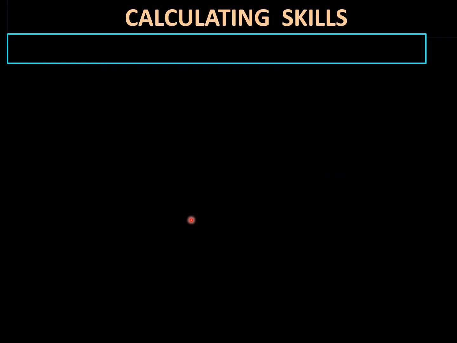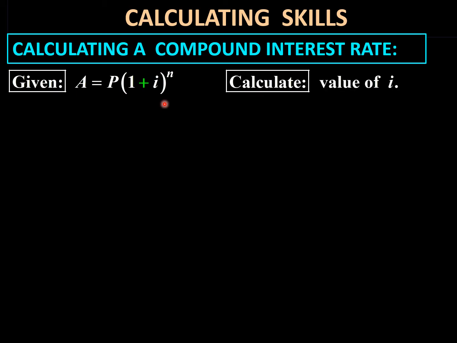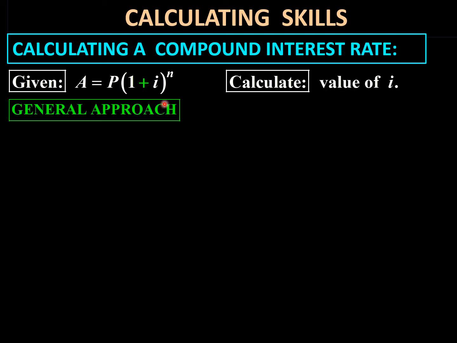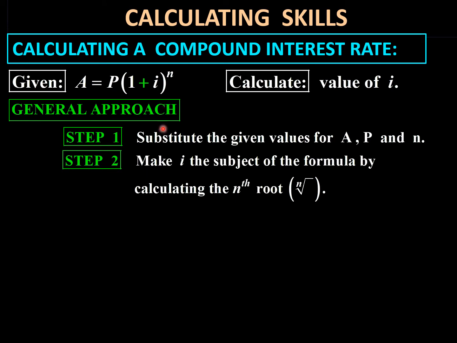Next, we're going to look at some of our calculating skills, and specifically how to calculate the interest rate and how to calculate the period. Let's take an example. Let's take a growth, P(1 + i)^n, which is compound interest, and we want to determine the i value. How do we go about that? First of all, it is advisable in these problems to always do the substitution first. After substituting, then you can make i the subject. Now, if I want to make i the subject,